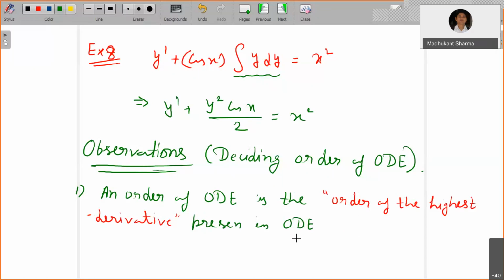So I'm going to add something here. So an order of an ODE is the order of the highest derivative present in the ODE